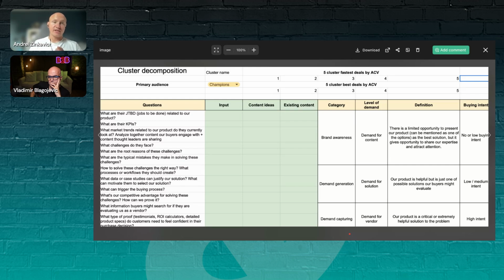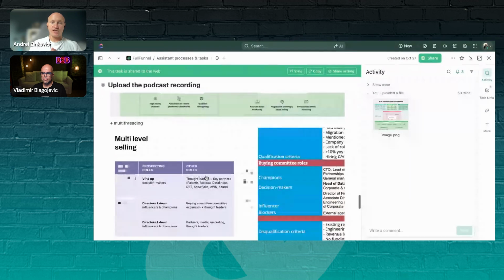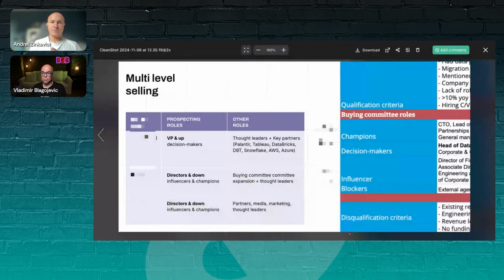And the second thing, because it might not purely solve your issue, as you said, we have multiple buyers and we still need to engage with them. The only way to do it is multi-threaded engagement. So here is an example. It's a real example. I only blurred the confidential details, but here's the idea: you define the core roles, and then who is going to engage with whom.